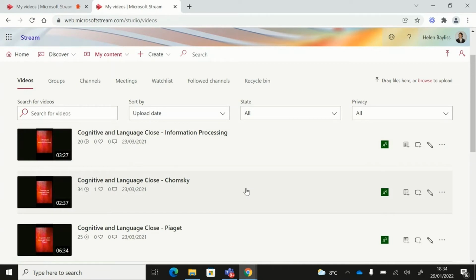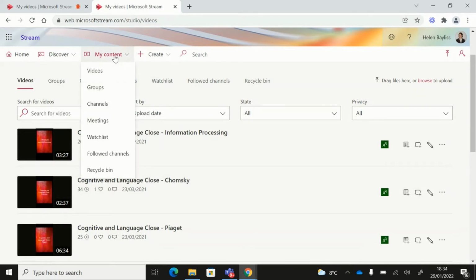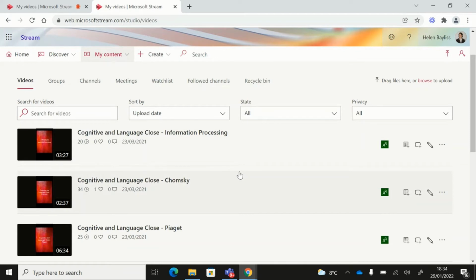So once you've recorded your podcast, you then need to go to the Microsoft Stream website. Log in and click on My Content and then Videos, and then you will have all of the podcasts that you have created. So if you click on the podcast that you want to upload,